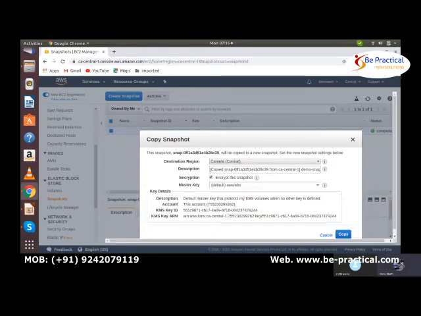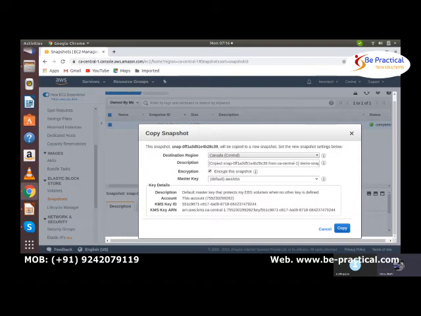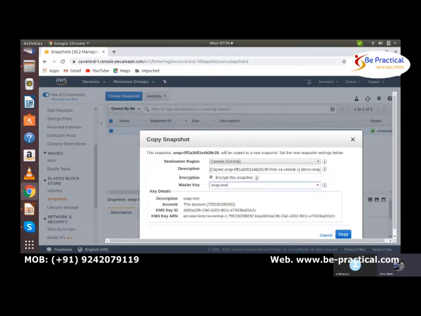So here, as I told you, you will have the option to encrypt it with a specific key. I have one key called snap-test, and there is a default one also. By default, the default one will be selected, and if you want to select any specific key, you have a drop down and you have to select it. Okay. So one thing you should keep in mind is